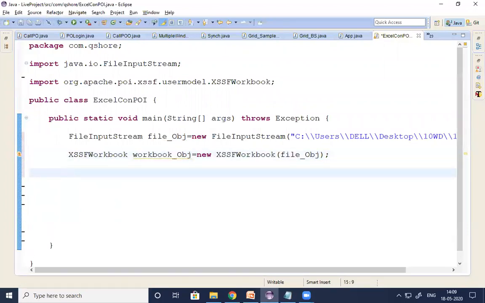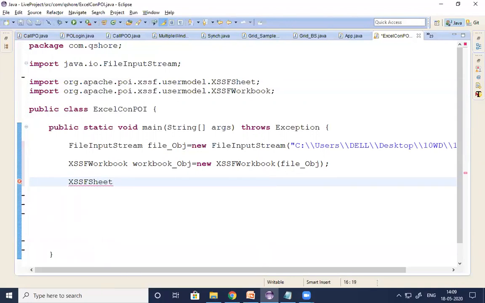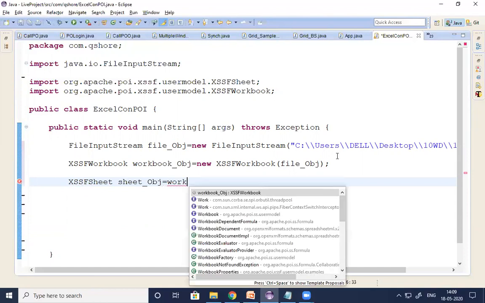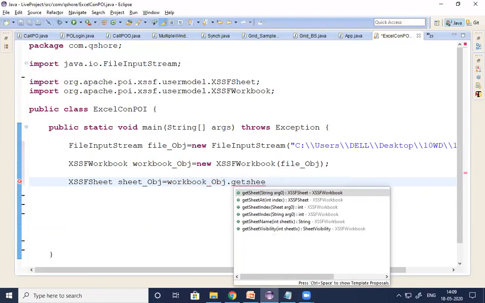Once it opens the identified Excel, in that Excel file so many sheets are there, but my data is available in Sheet 1. So I need to open the sheet. How to open the sheet? For opening the sheet, we need to import one more class called XSSFSheet. sheet_object equals workbook dot getSheet, where the sheet is available, in whichever Excel file you opened. getSheet takes a string argument or an int argument.